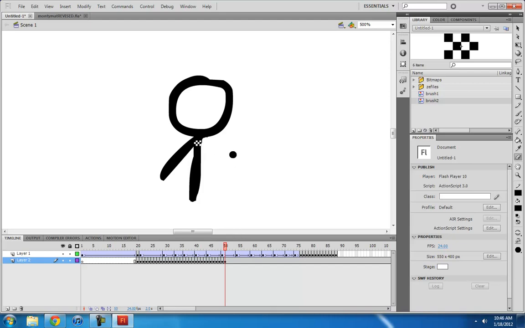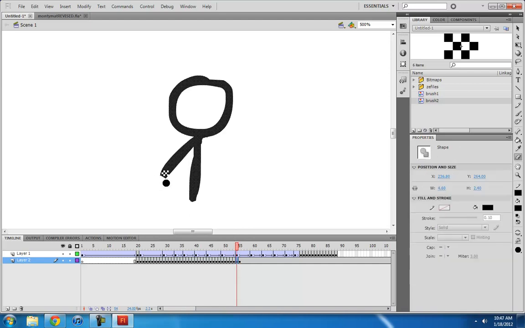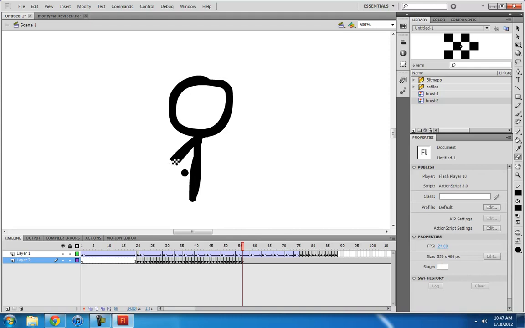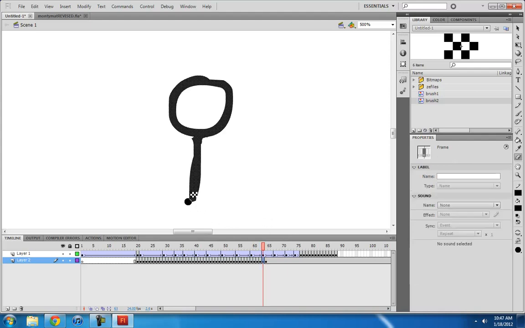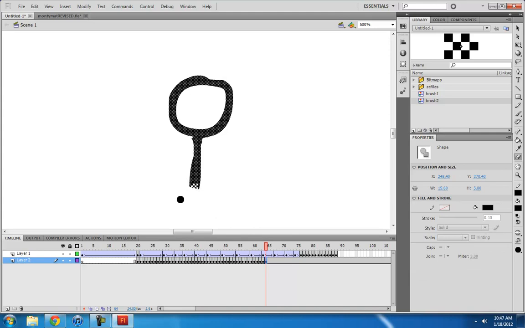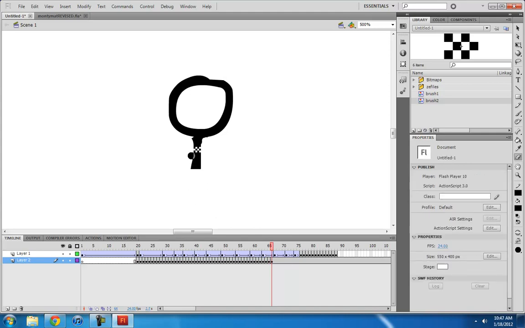Again, I'm pressing F6 for every frame. Now it's going down here, so we don't undraw anything until we get there. Oh, okay, back here I think we should erase that, and then here we erase this. F6 again, F6 again, F6 again, and again. And now it's moving down here, so we wait till it's down there, and then erase, erase, erase, erase, erase, erase. So now it's going to move up to the top,